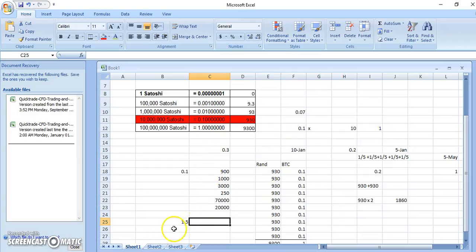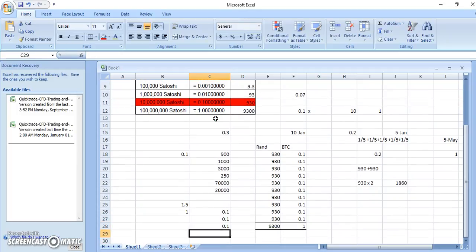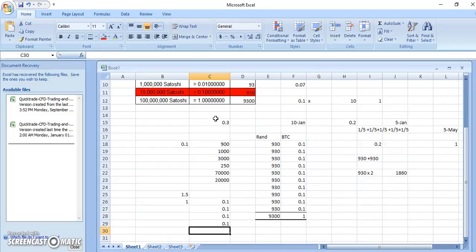So this is broken up into 1 full bitcoin and 5 pieces of this part. So I'll have 0.1 and 0.1 and 0.1 and 0.1 and 0.1. In total, it gives me how much? It gives me